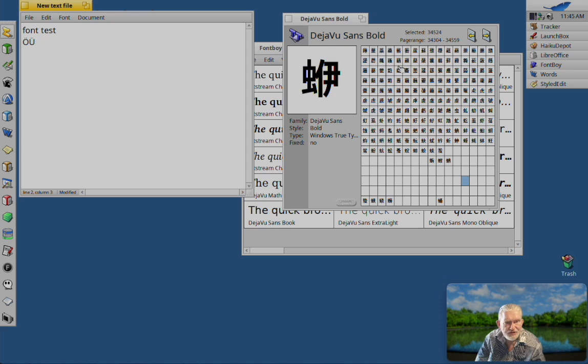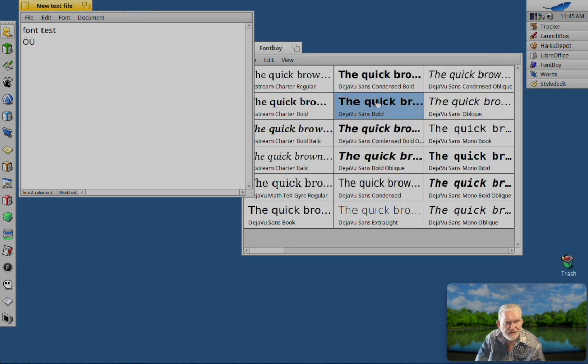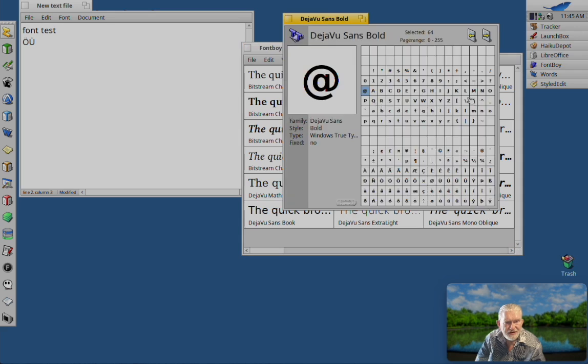Okay, it would have been useful if this had a scroll bar. There's no scroll bar here. That's a bit odd. Still,